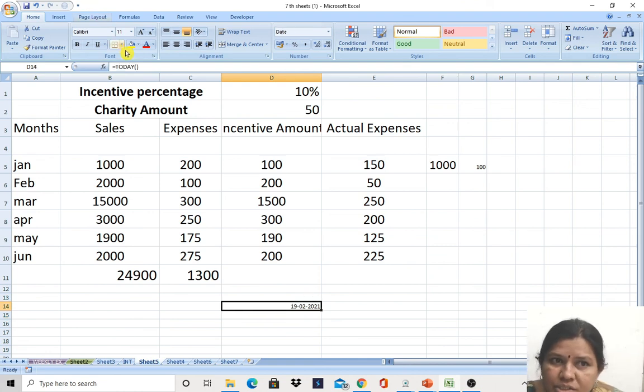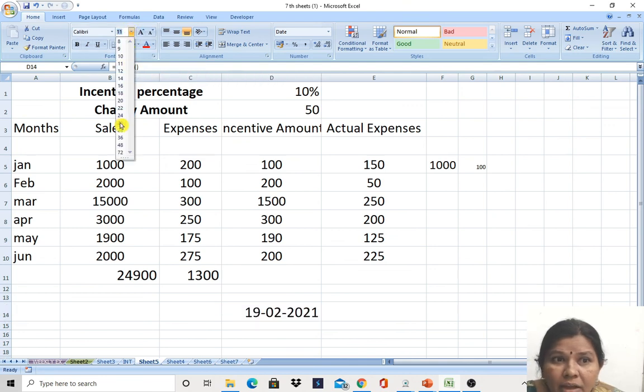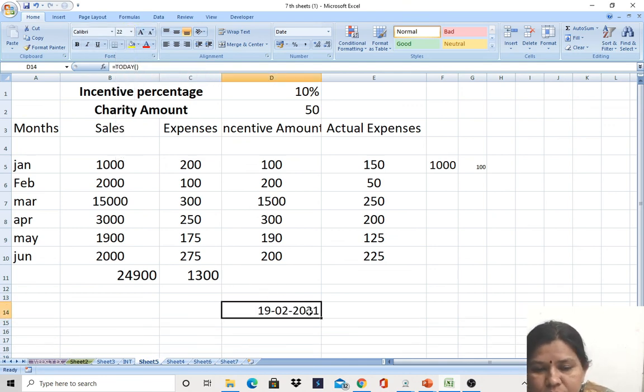According to the system settings it will display the date. If you click on TODAY, it will display whatever system date we have set. Same thing we can find month, day, year. If it is not correct, what you have to do is make the settings: click on Start, Control Panel and Regional Language, set that one, and you can set the date and time of your system.